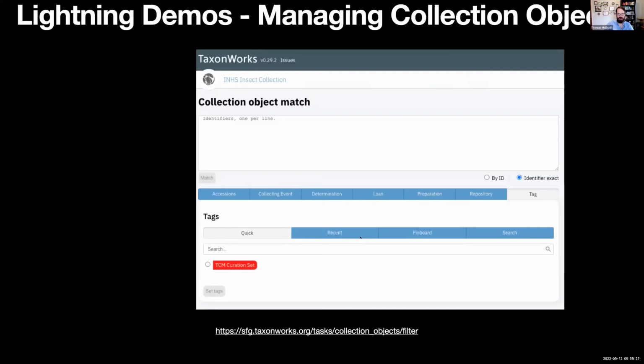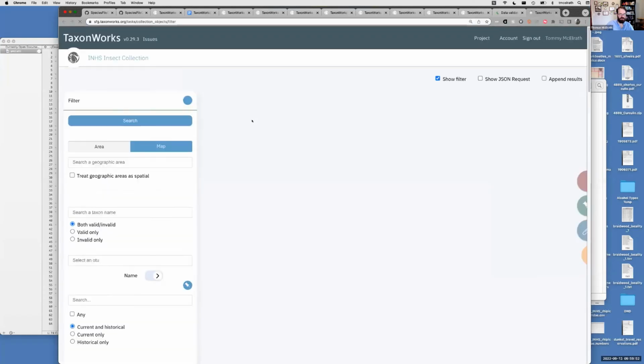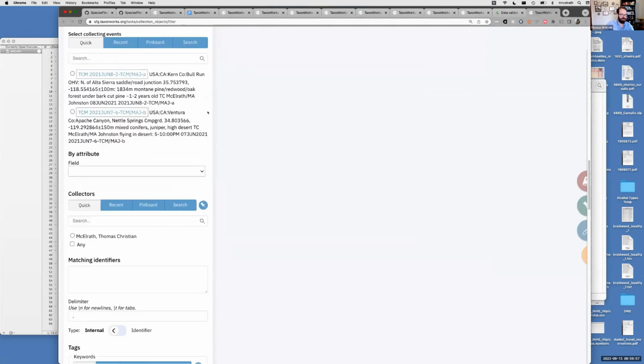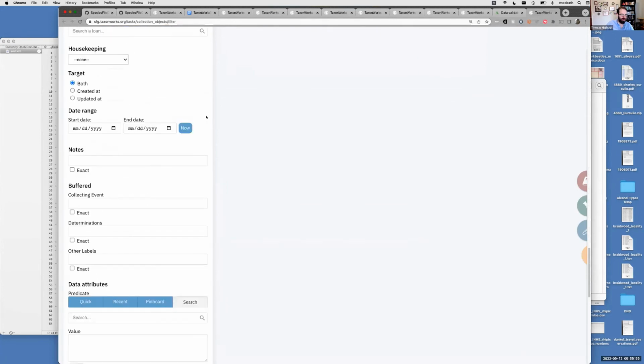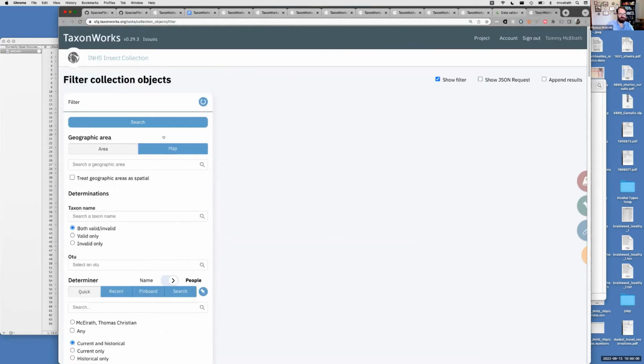I'll just finish up talking about this real quick, and that's managing collection objects in bulk. And this is collection object match. So I'm going to try something here, which may or may not go well, but I am actually going to do some data curating on the fly. So I saw in that data validation that a whole bunch of my objects didn't have a repository. So let's go down here and search by repository is without. There is, so this is collection objects without a repository in TaxonWorks. So I'll search for those,